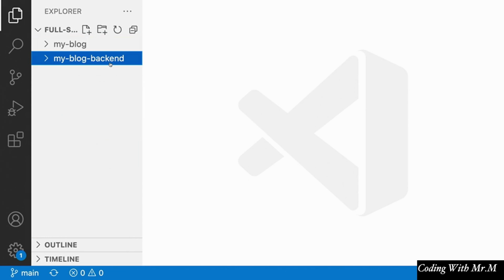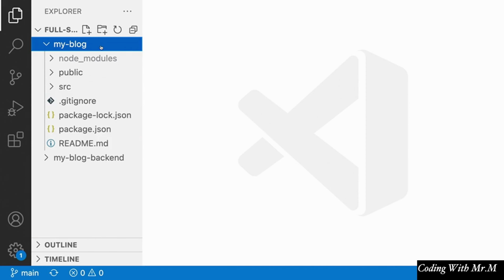Alright, so at this point, our full stack app is pretty much finished, which means that we can move on to actually seeing how to release this app and host it somewhere on the internet, so that anyone can access it. So what we're going to be doing here is preparing our app for release, and this is going to involve a few things. The first thing